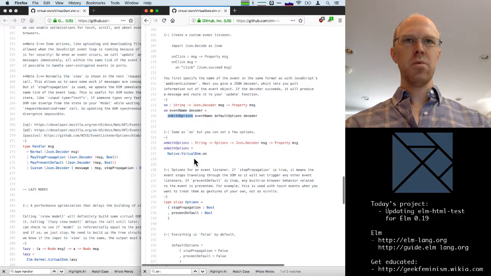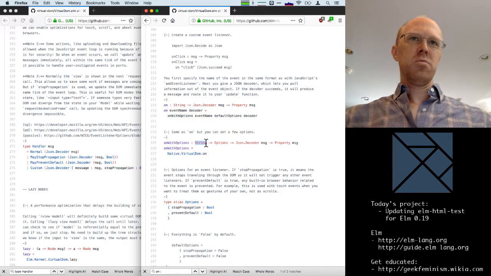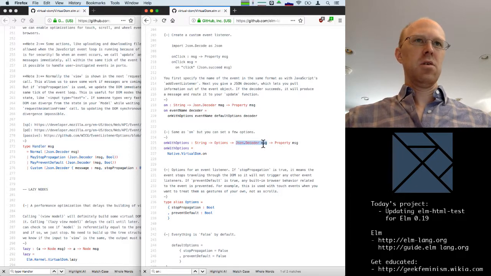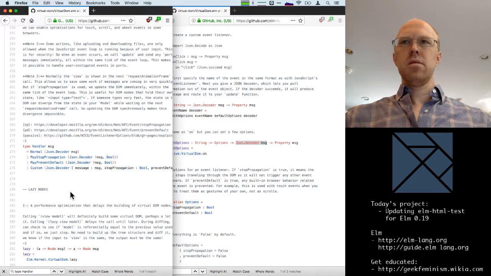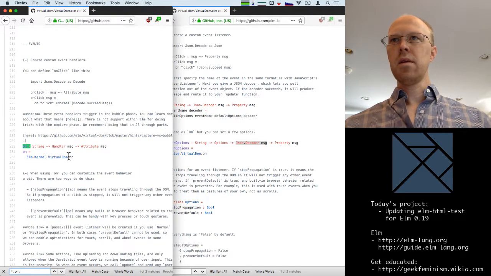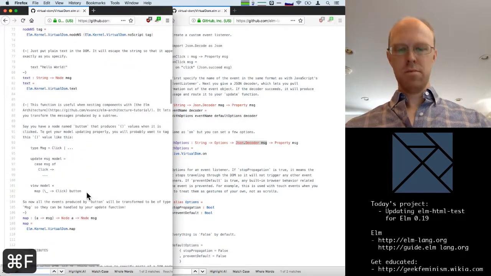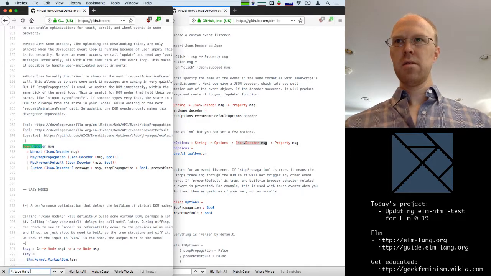And then it would call on with options, which would pass the string, the options, and the decoder. Got it, okay. And now on just takes a string and a handler, and the handler, type handler, contains a decoder.